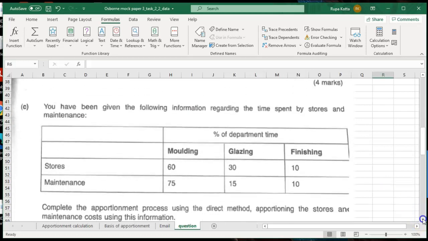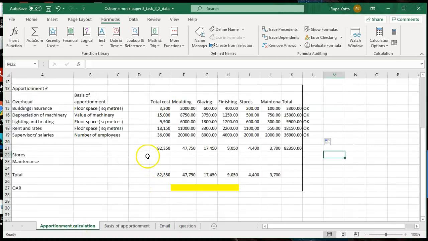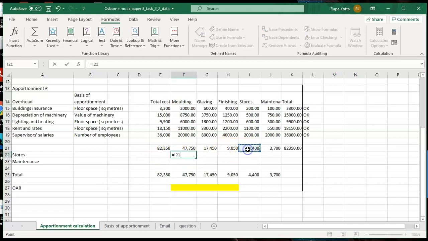You have been given the following information regarding the time spent by stores and maintenance. Okay, so the stores department is spending 60% in molding, 30% in glazing, and 10% in finishing. So when you're reapportioning the stores, 60% goes to molding, 30% to glazing, and 10% to finishing. So first, the stores department equal to, multiplied by 60%,